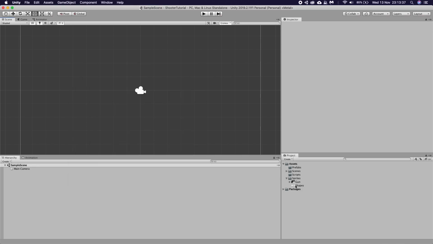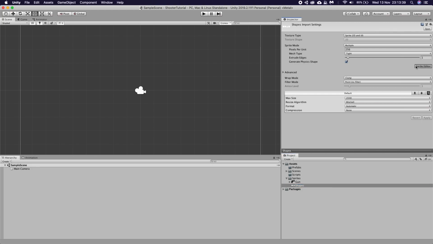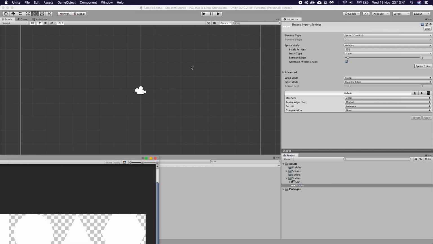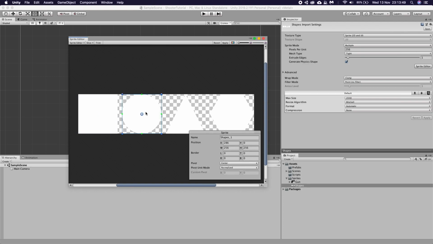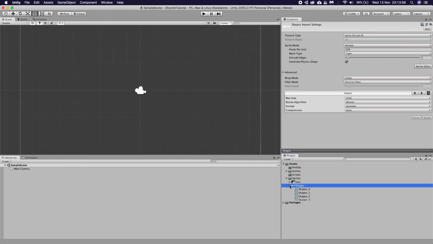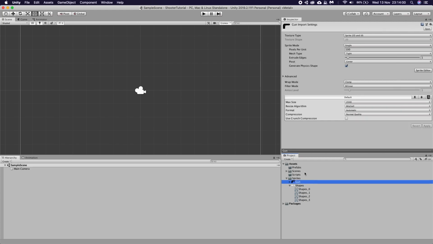So we can close that. If we go back to our shapes and click sprite editor, it's gone on the other screen. That's really annoying. I really need to set to one screen. But we'll click up here and we can click slice, automatically slice. Now, if we click into each shape, you'll see there is a point for each individual shape and it's all set. So we're going to click apply, close, and if we drop this down, you'll see we've got all our shapes there. We also have a gun.